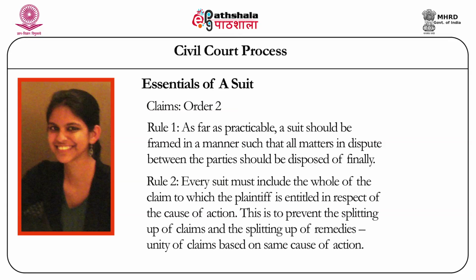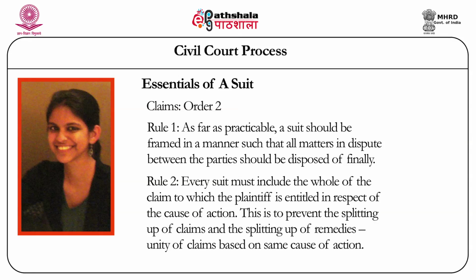Order 2, Rule 2 lays down that every suit must include the whole of the claim to which the plaintiff is entitled in respect of the cause of action. Where the plaintiff omits to sue for or intentionally relinquishes any portion of his claim, he shall not afterwards be allowed to sue in respect of this portion. This is based on the cardinal principle of law that a defendant should not be vexed twice for the same cause. It is designed to counteract 2 evils: